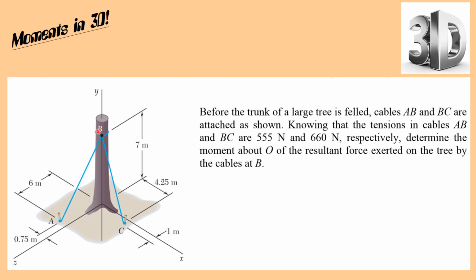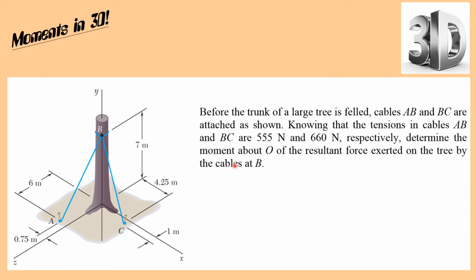It looks like they're trying to pull it kind of forward. So these two cables, AB and CB, are going to help pull the tree over and pull it in the right direction. Knowing the tension in cable AB and BC are 555 newtons and 660 newtons, find the moment around